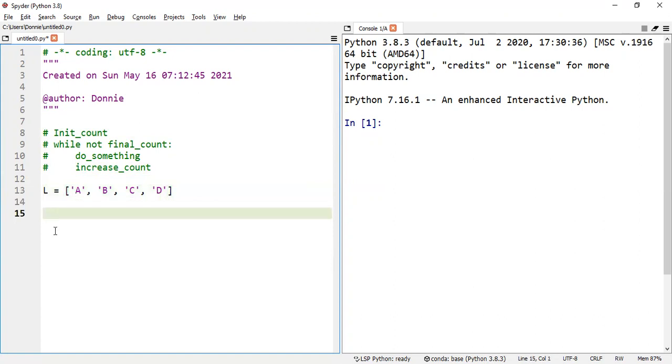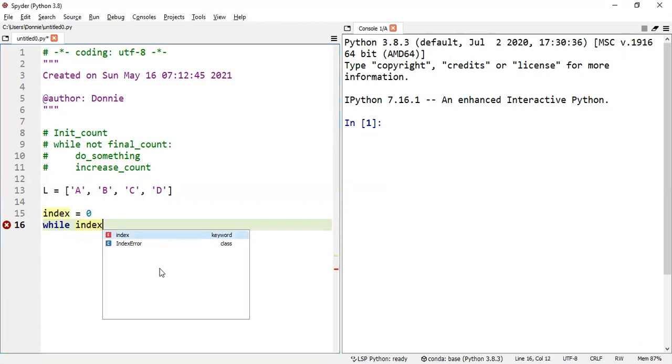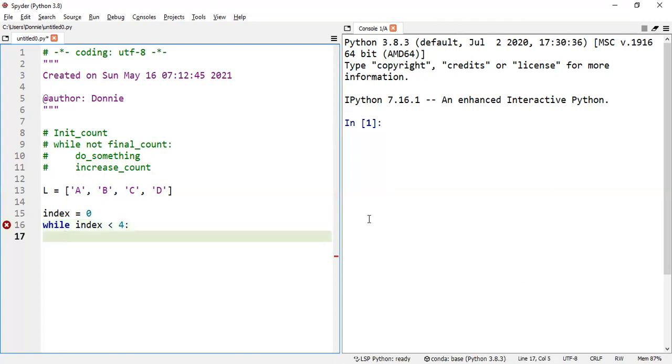So we are going to call all these elements and print each at a time. So we're going to start with some kind of a count. I'm going to call it index equals 0 because we usually start at index 0. So this is index 0, 1, 2, and 3. And then I'm going to say while index less than 4,